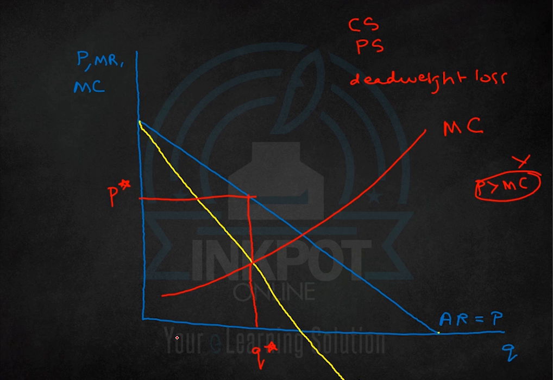So we are saying the monopolist will sell all of these units at a price of P star, and anything beyond Q star he will not sell. Alright, so now let's see this. For all of these units, the consumers are getting a surplus of these heights. We define it in the same way: distance between the demand curve and the price paid. So this consumer was willing to pay this, but he only had to pay P star, so he gets a surplus of this, and so on and so forth. So this is the entire